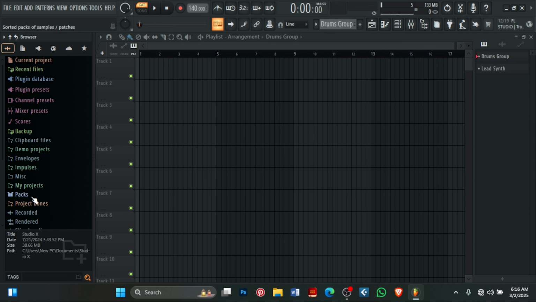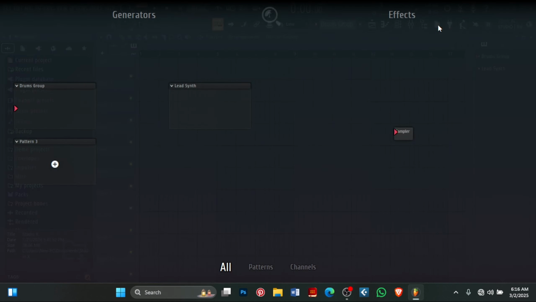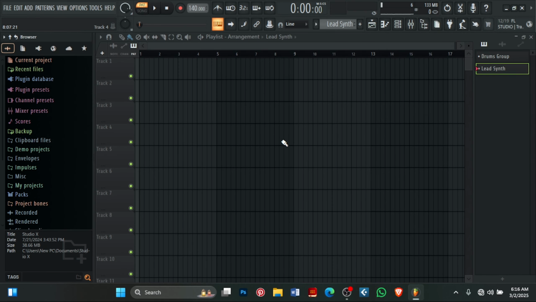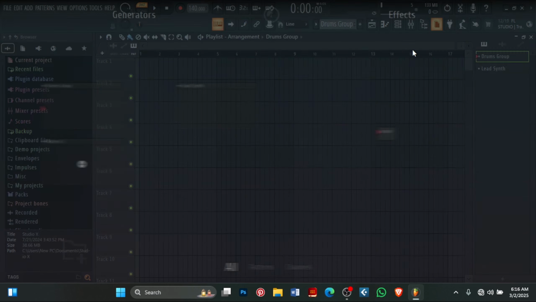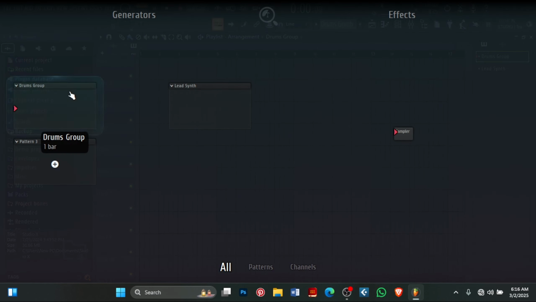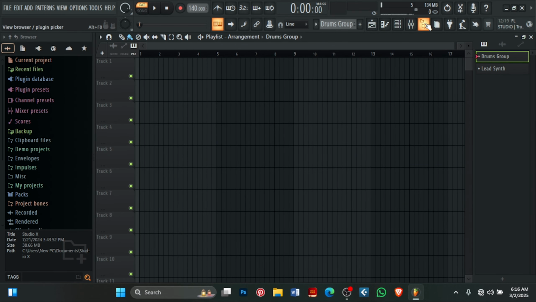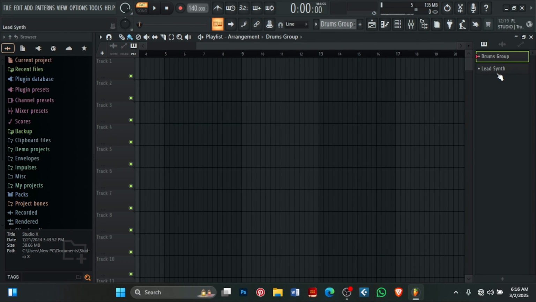There are so many plenty. We'll talk about them later in another video, probably. And here you have your generators and effects. Okay, so the patterns that I created will show here. You can just click and drag them into something, and you can place them in there. Same thing works here, same thing works here. All right. Okay,